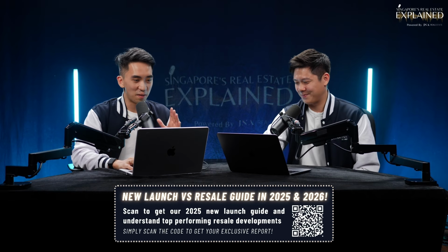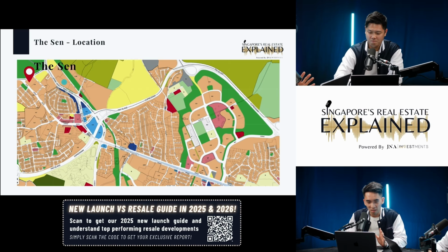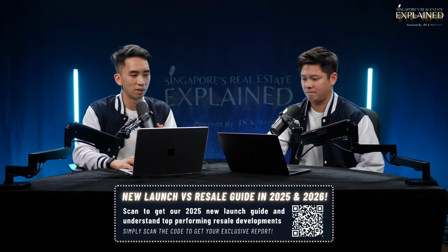Yes, in fact, one thing very interesting about this land plot at the back end, the residential plot, is the plot ratio is 1.92, which is very interesting because most land plots usually are whole numbers, 1.4, 1.6, 2.1. But it's likely a land plot that was built a long time ago. They have been preserving this land and potentially looking at upcoming launches if they want to really release this land. So this is something that is interesting to take note of, especially in this area if you look at a mid